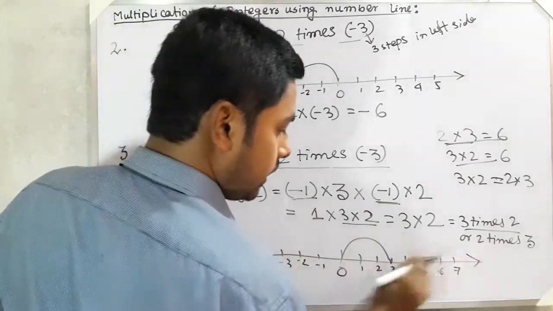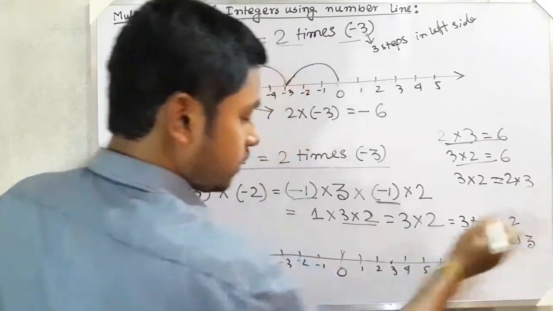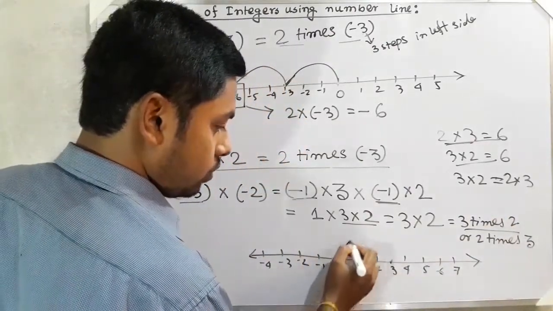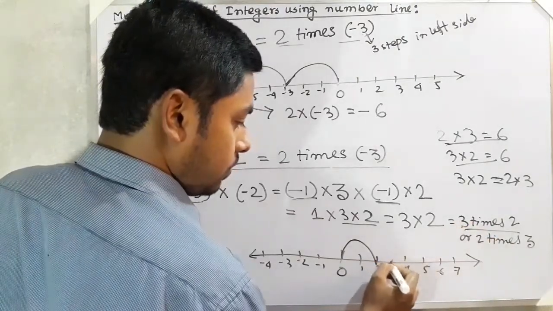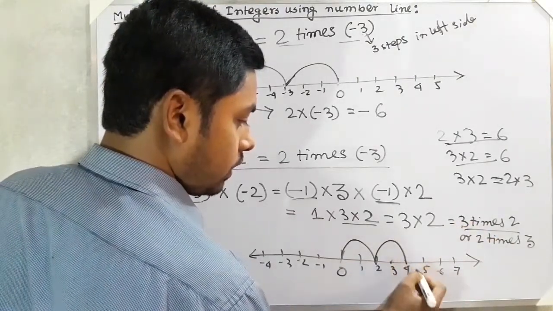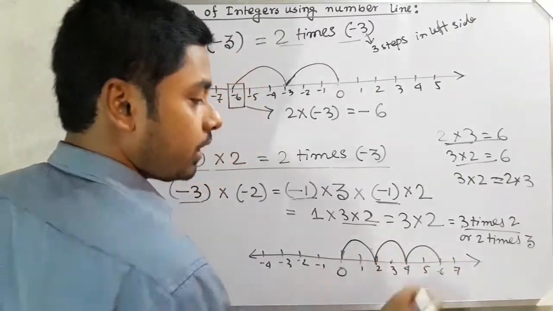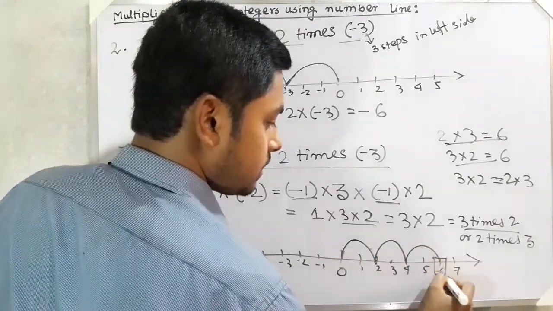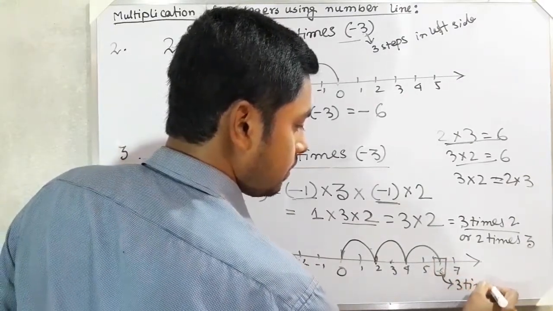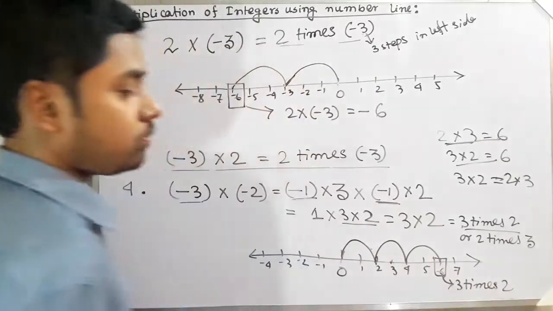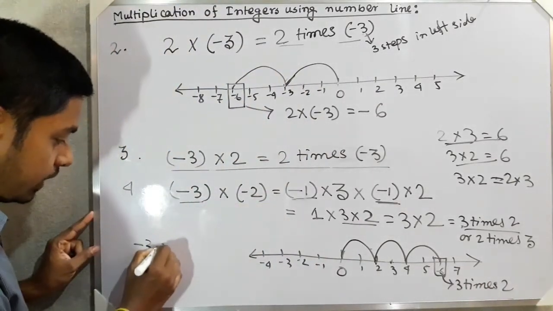Suppose we are doing this 3 times 2, so 1 2 3. So no, we are doing 3 times 2. That means 2 steps we have to take, 1 2. And how many times? 3 times. 1 2, and then 1 2, 3 times. Okay, so this represents 3 times 2. And if we multiply these two integers,